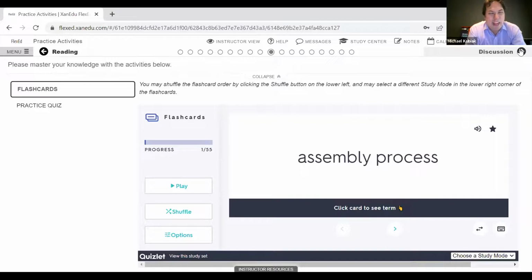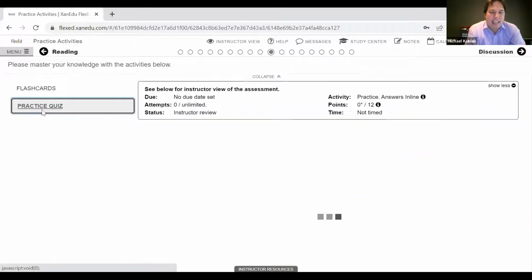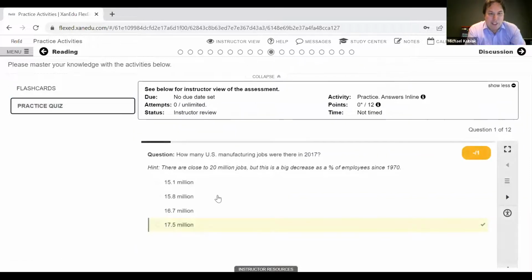So in every chapter, there's a practice section that includes things like flashcards and practice quiz content that allows students to check their answer. We're in the instructor view here, so that's why the answer was showing up. But in the student view, they wouldn't see the answer, but they would have an option to check the answer after they made their selection. So that kind of auto-graded content gives them real-time feedback.